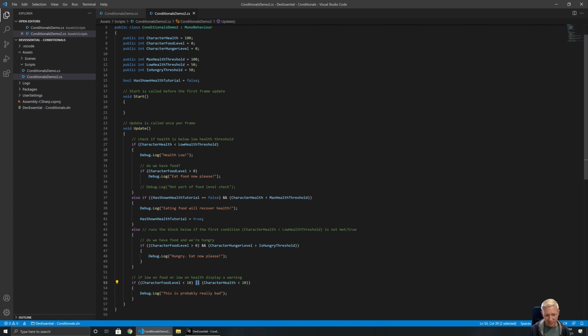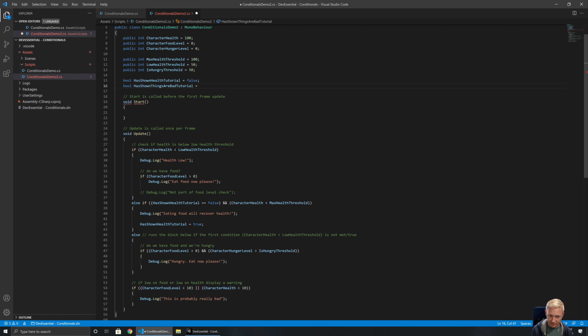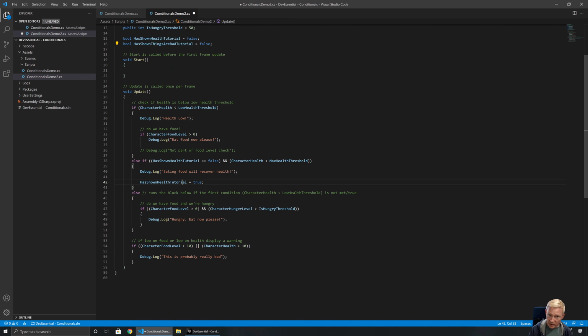Now, that could get real messy. So maybe we want to limit how often we're showing that. hasShownThingsAreBadTutorial. So we only want to display this, we know from what we did here, well, we want to set this to true. But if I just put in here the thing that would be really easy to write at the moment, hasShownThingsAreBad is equal to false, and